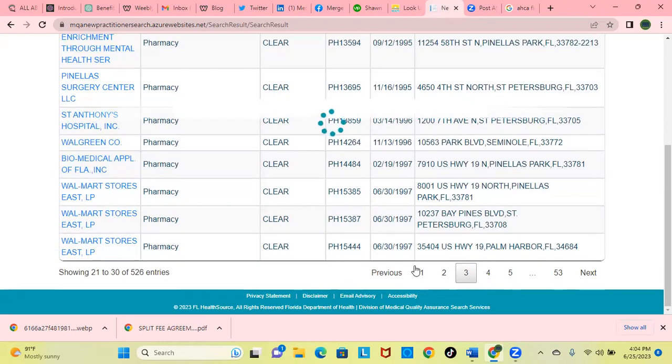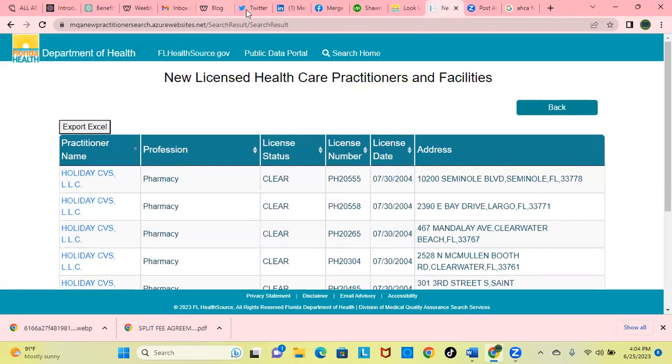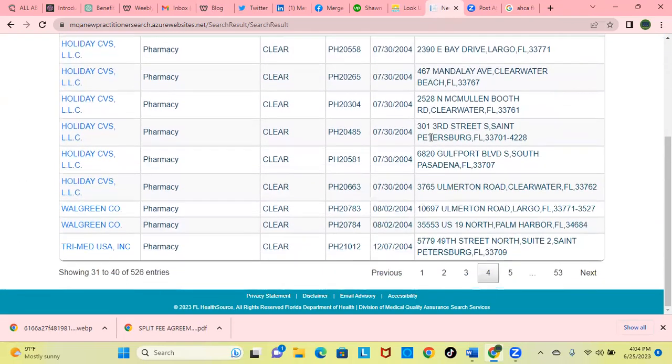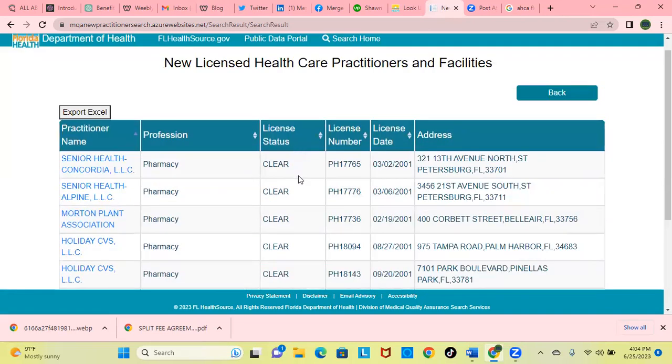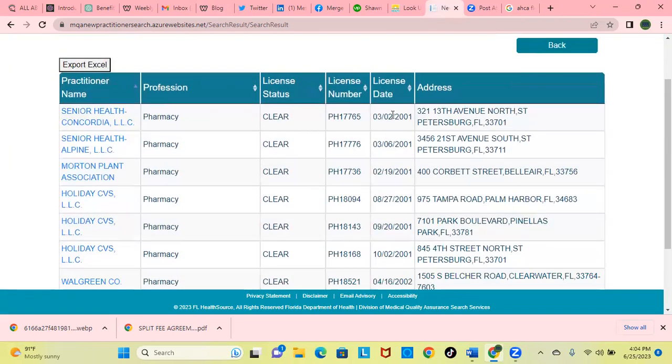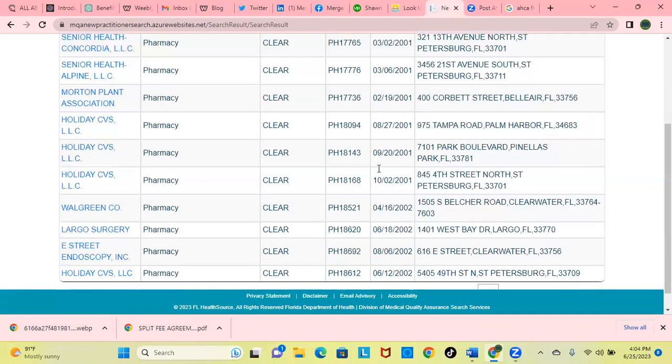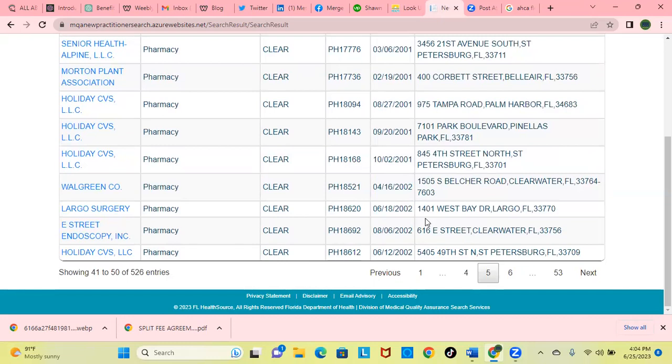So I would be looking here. What I'm actually going to go back and do, since I told you that I'm going all the way back to 1983, simply because I want to make sure that I'm capturing all the pharmacies that are open. They have clear and active current licenses, and this is the license date when they originally got licensed. So I see several places that I may want to target,